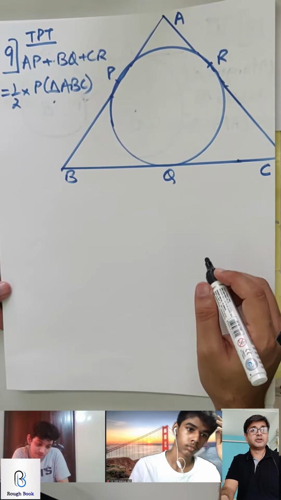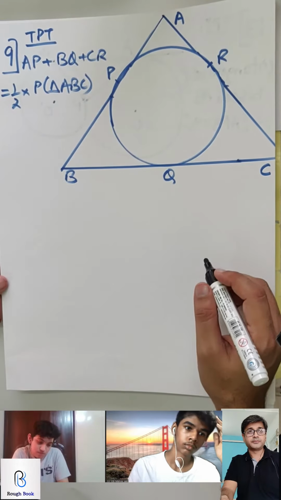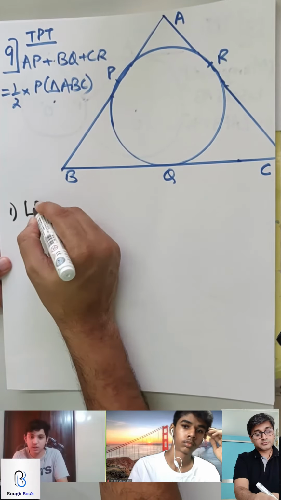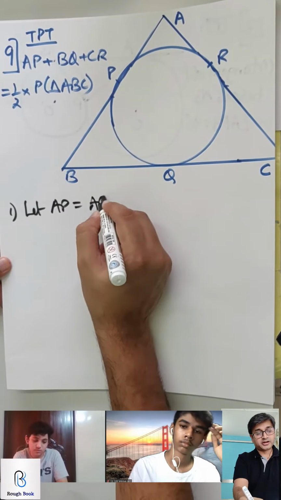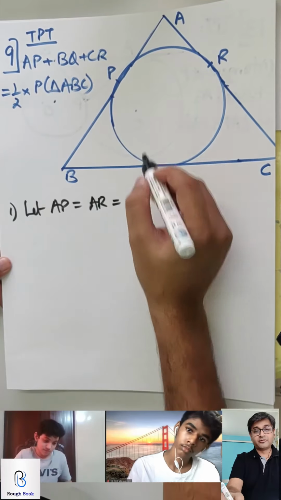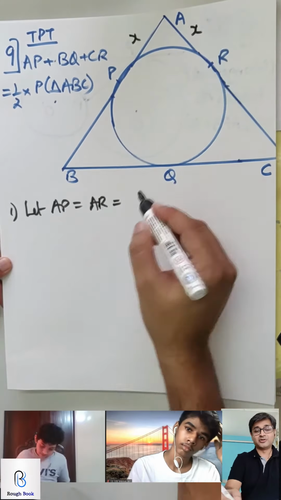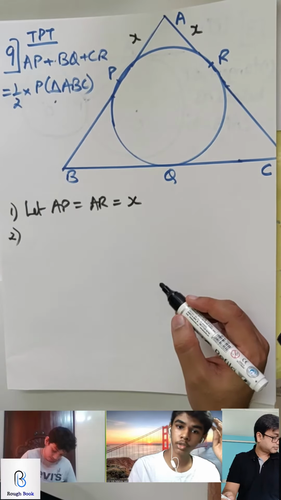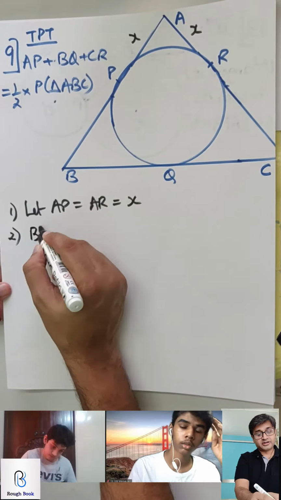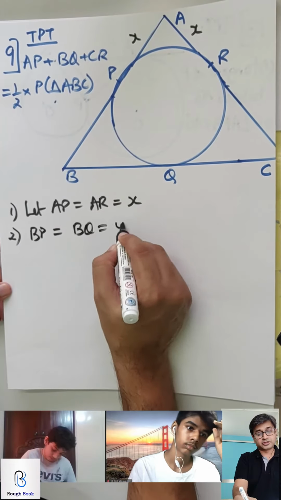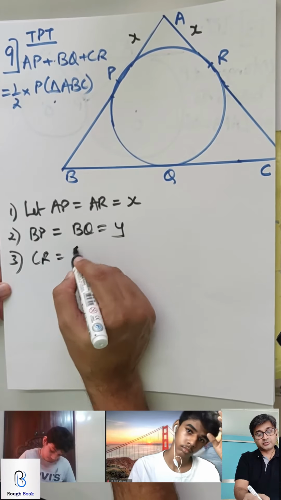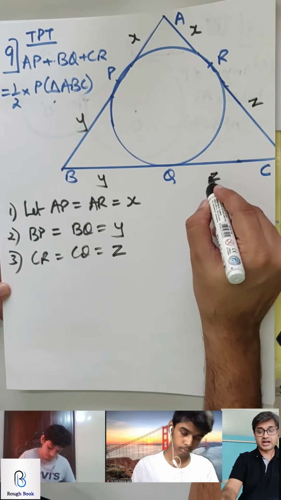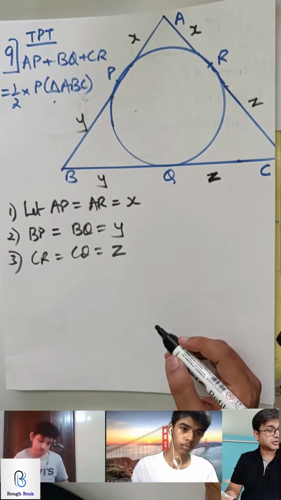Either of you, how will you start, even without knowing what the end point is? So you start by saying that AP is equal to AR. Super. Let AP equal AR equal X. Manya, can you continue? No, we'll go with BP first. BP is equal to BQ equals Y, and then CR is equal to CQ equal to Z. So just name it down on your diagram as well, so when I ask you further, you will be in a position to answer.